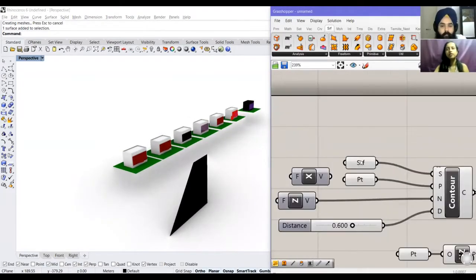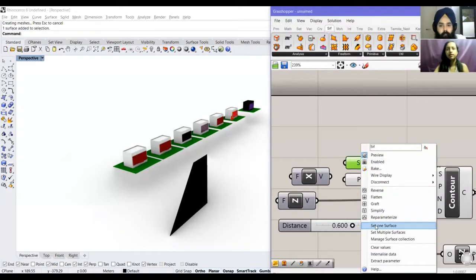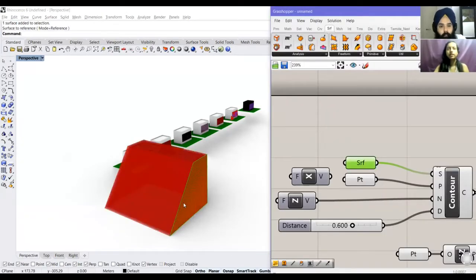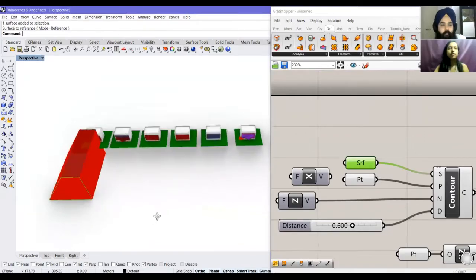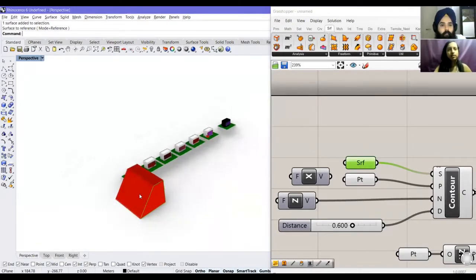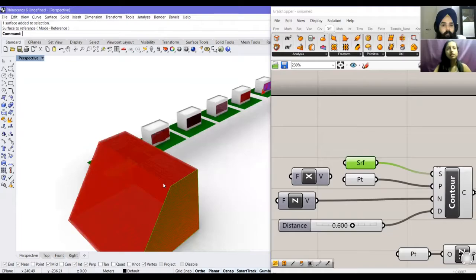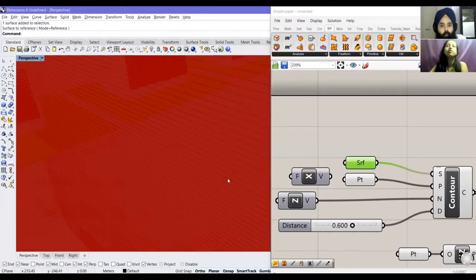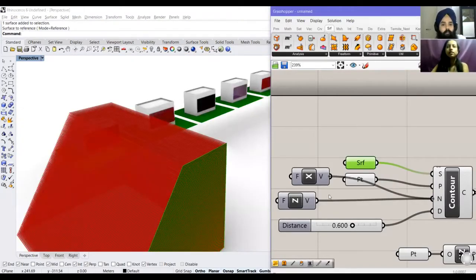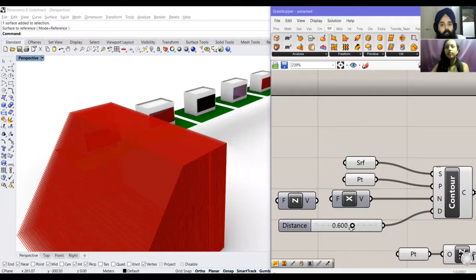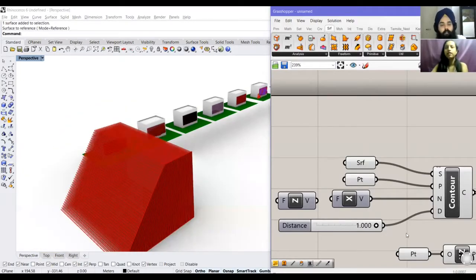If you change the surface here, set one value, it's contouring in the horizontal axis. We'll take it in the vertical axis, and we need to increase the distance. So you see, we get that same thing. It's taken it far away because of this point.